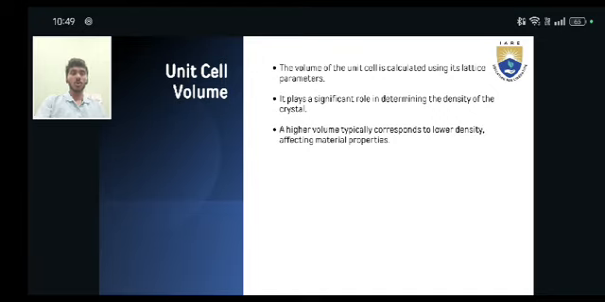The volume of a unit cell is a measure of the space occupied by the unit cell in the crystal lattice. It is determined by the lattice parameters and depends on the crystal system. Here's how it is calculated. The general formula for calculating unit cell volume is V equals